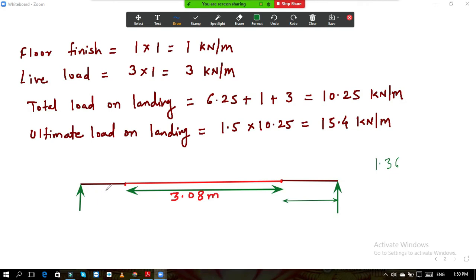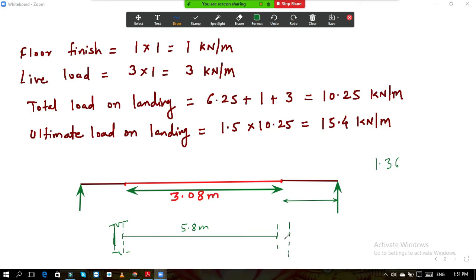Where did 1.36 come from? The total we were having was 5.8 meter. Okay, I will draw one more line diagram. See how that distance came. So if I draw the line diagram over here, this total length was 5.8 meter, up to this, here and here. Now from this we have calculated the effective length. The support was given somewhere here. Okay, so this was the support of the wall, such a support here and here.